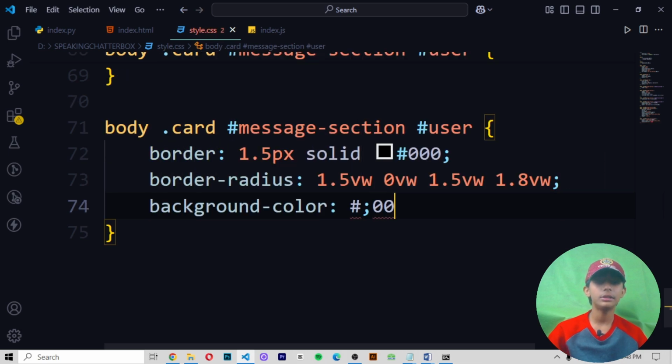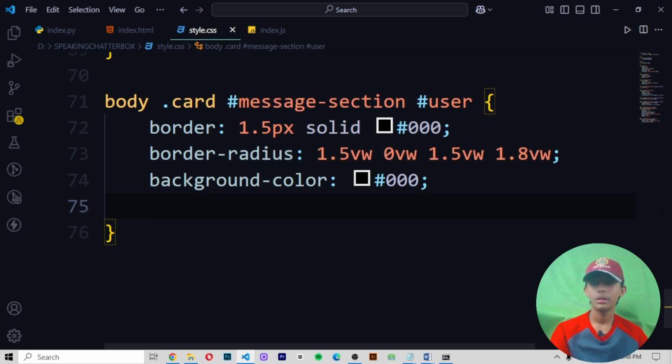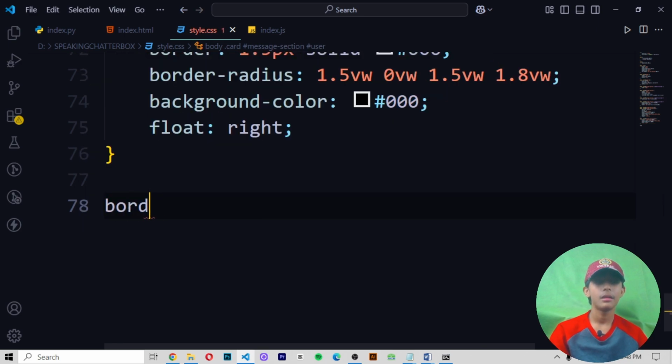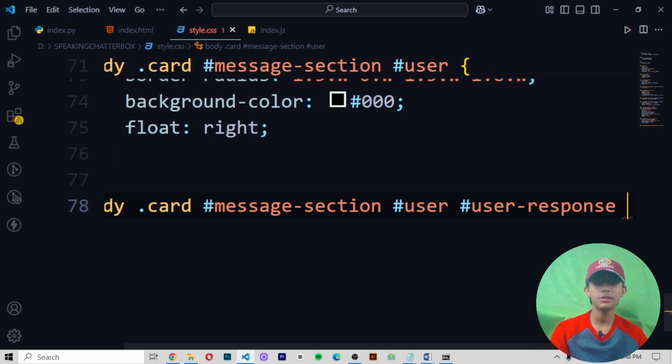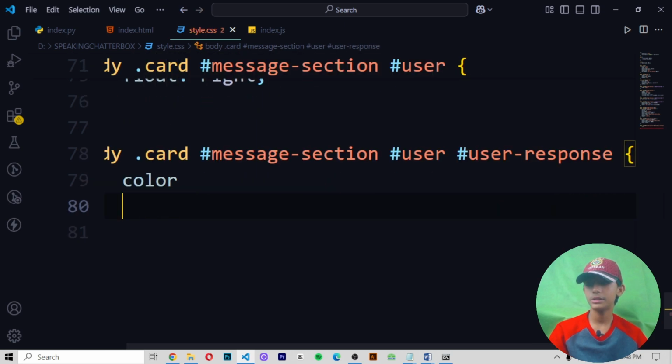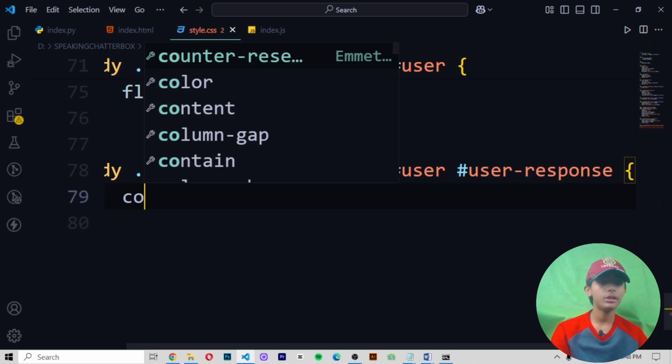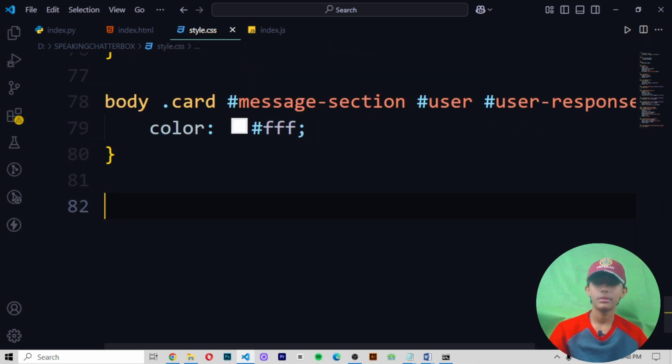Add the background color hashtag 000. Now float should be right. Add a body dot card slash message slash section slash user slash response, color hashtag FFF.